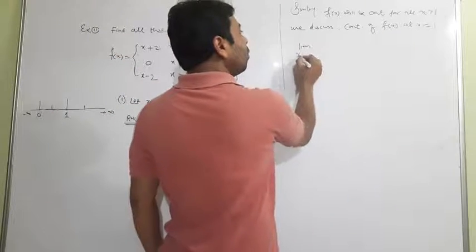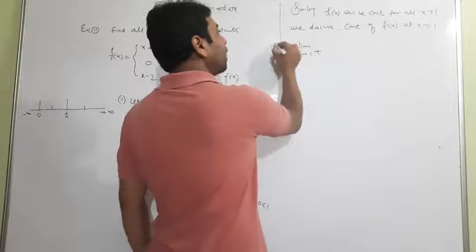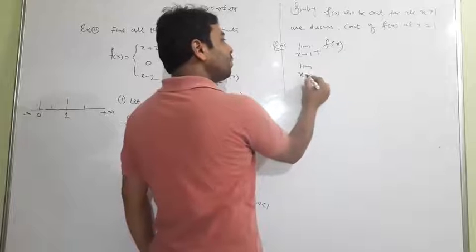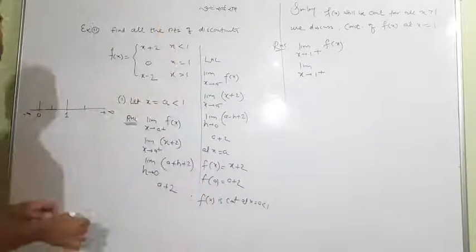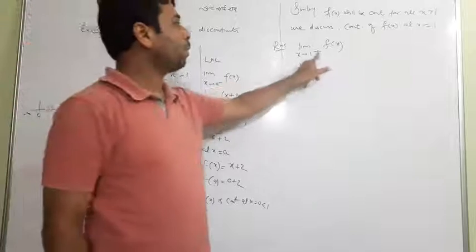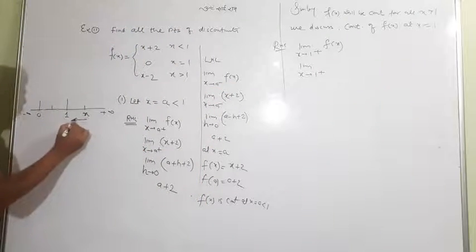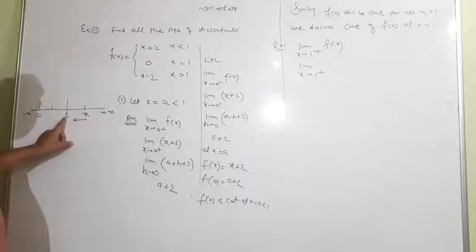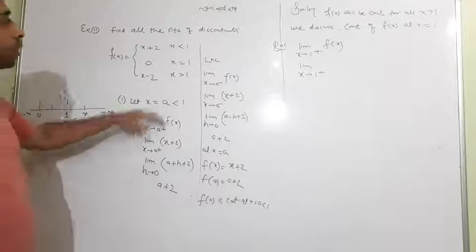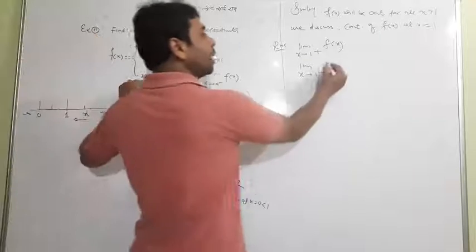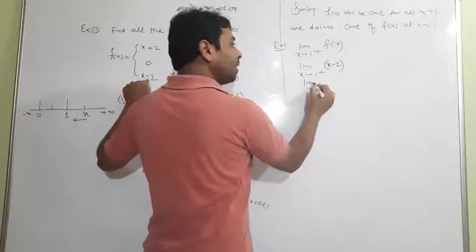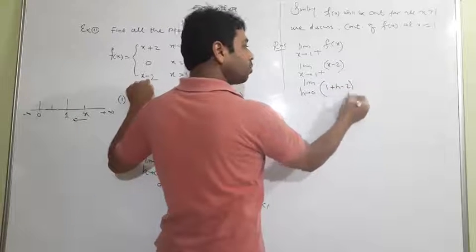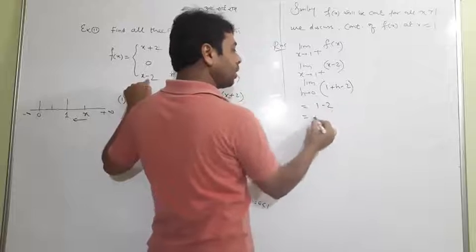If I go for exactly the right hand limit, I ask you what is f of x. Look student, you have to think about it. 1 plus. What is the meaning of 1 plus? x is coming to 1 from the right side. When x is coming to 1 from the right side, x is greater than 1. So x greater than 1 means x minus 2. You write x minus 2 here. Now in terms of h, instead of x it is 1 plus h minus 2. When h goes to 0, it is minus 1.